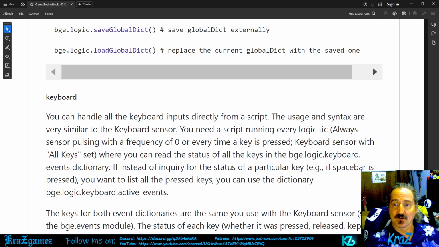Keyboard sensor with all keys set. Say that five times fast. All right, keyboard sensor with all keys set, where you can read the status of all the keys in the